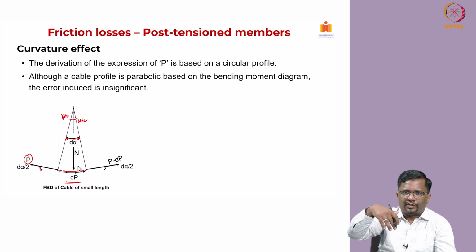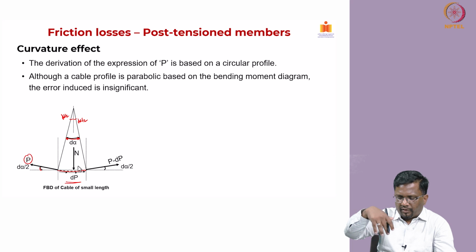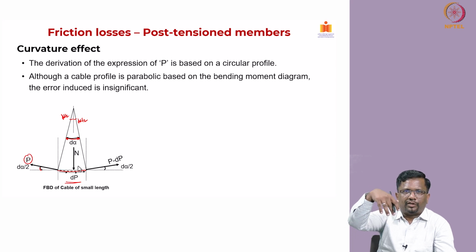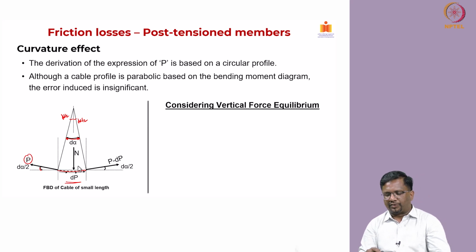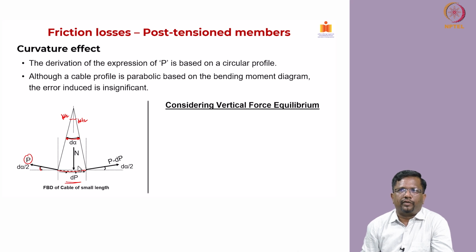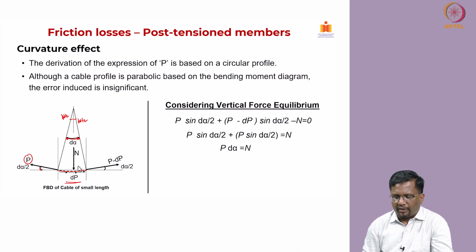There is a friction, always when there is a friction, you are going to have a normal force that is coming from the surface where it is rubbing against, right. So, let us look at now. For this particular cable, if you look at only the vertical force equilibrium, you can see that P